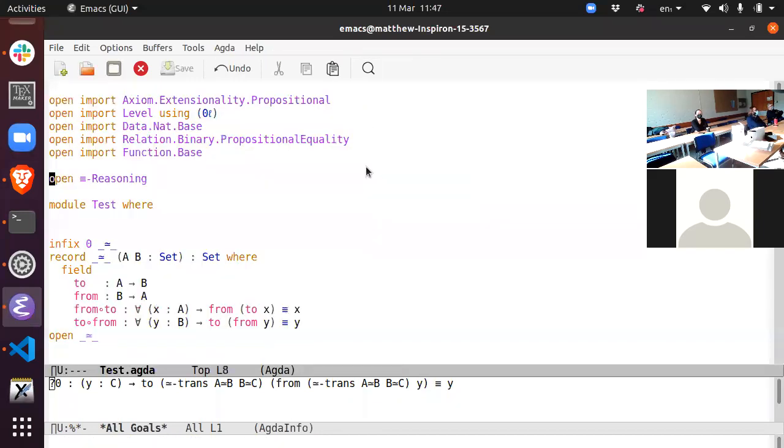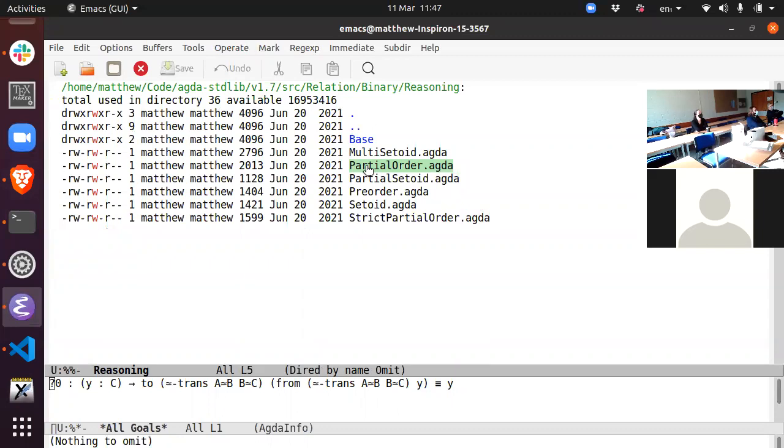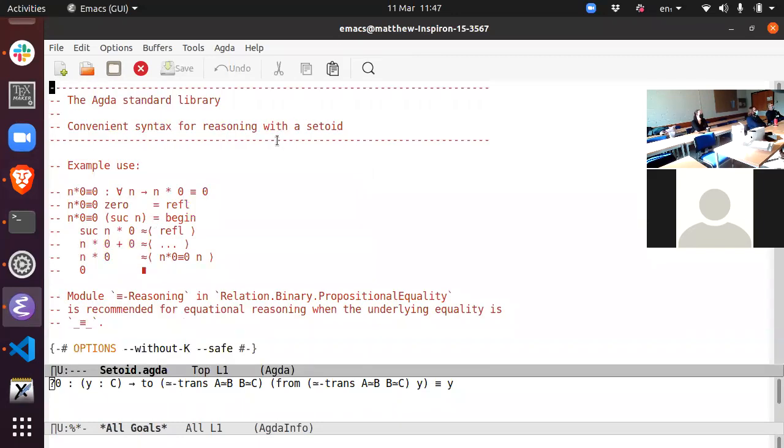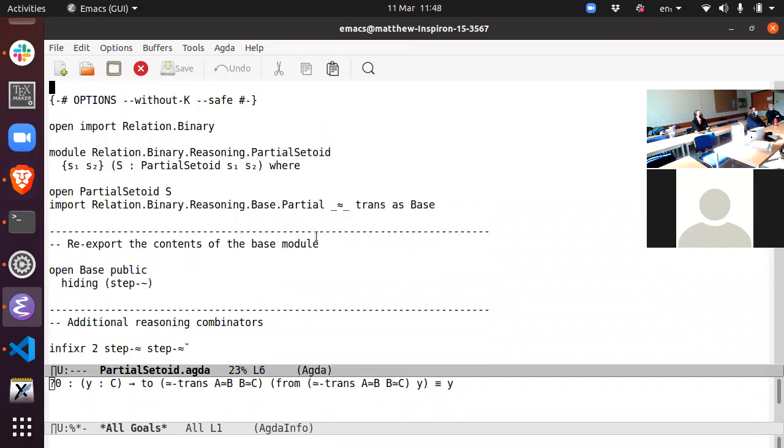So let's go somewhere there. We have a Relation.Binary.Reasoning module that defines reasoning over various arbitrary structures. Setoid reasoning is the equivalent of reasoning over propositional equality, but it works over arbitrary setoids. So you just have to provide a setoid and it will give you reasoning combinators for any setoid. And likewise, we have ones for partial orders, preorders, strict partial orders. The interesting thing is that the ones for, for instance, partial orders work for